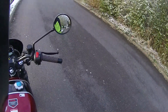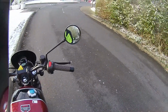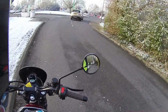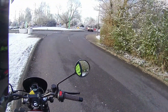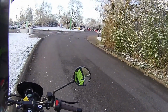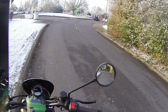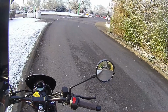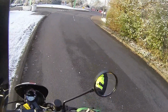Now, sitting on this, I'm very flat-footed. I can actually bend my legs on this. Now, the peg position is slightly set back as if it was a sports bike. So it's not a mid-peg, it's sort of a couple of inches back from the mid-peg position on this one. But it's got a very nice feel once you've got your feet up. Display on this, very simplistic. Rev counter to the outside, miles an hour. Odometer to the bottom, your gear position indicator, and your fuel is just off to the right of that LED display there. So very easy to actually look,